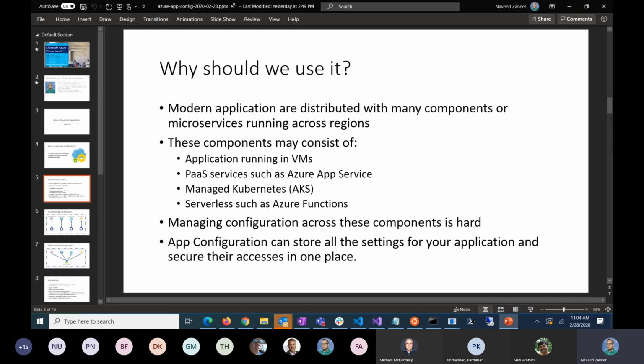So it's very hard to manage when there is an issue with configuration, or when you're troubleshooting, or let's say when you want to add a new feature. You have to flip a flag at 10 different places to enable those features. What App Configuration service allows you to do is store all your configuration in a single place. It comes with SDKs built in for